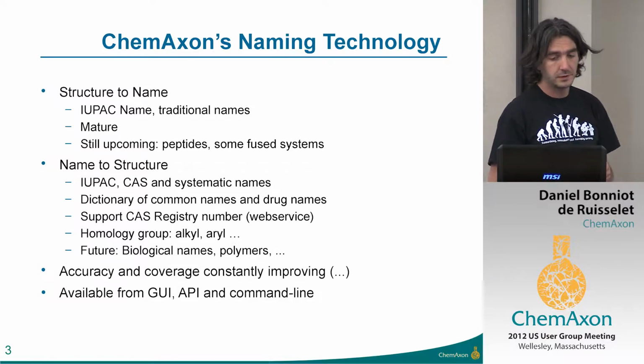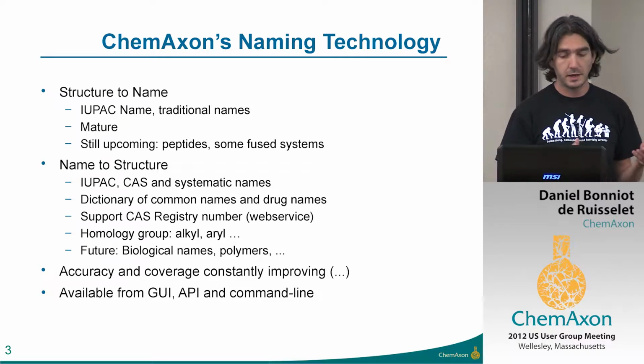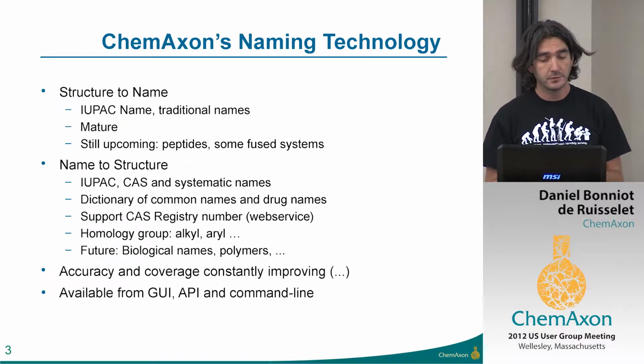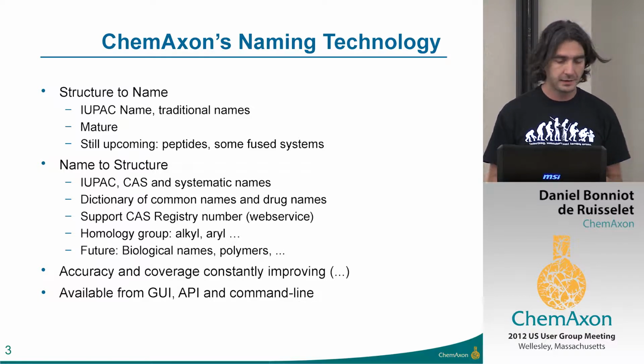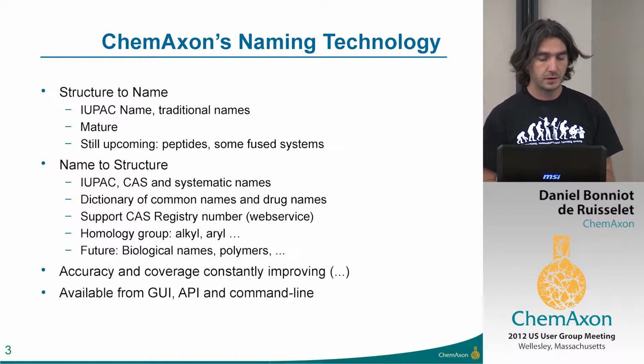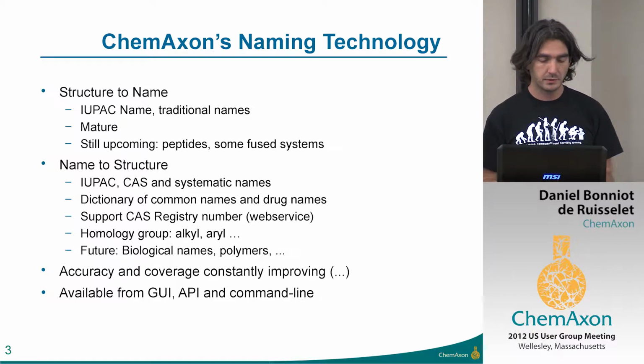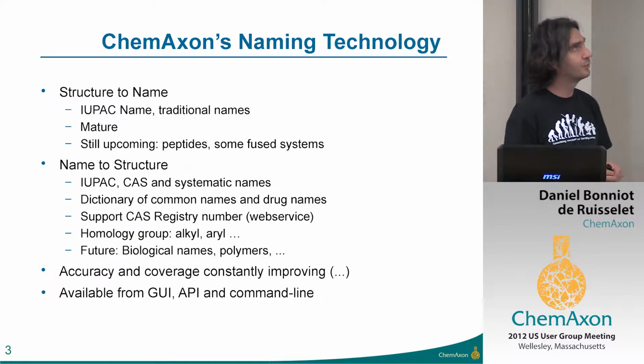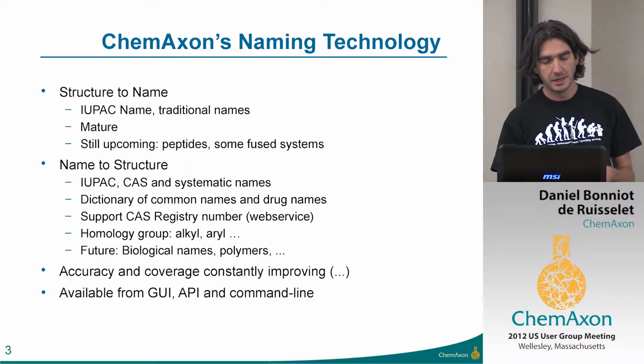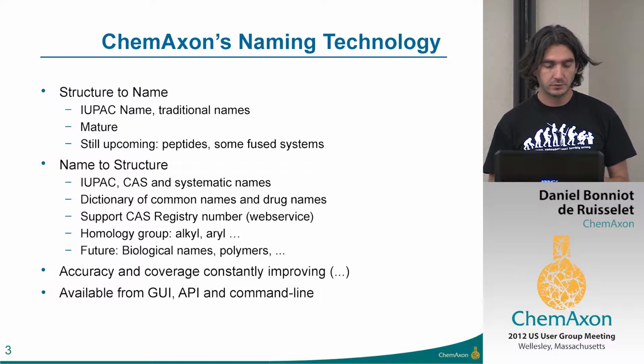In Name to Structure, we accept as input IUPAC names, CAS names, and systematic names in general, which might not be exactly IUPAC, but IUPAC-like. And then we also have a dictionary of common names and drug names. We interface to web services that allow converting CAS registry numbers as well, which is quite practical for many people. And then we started to convert